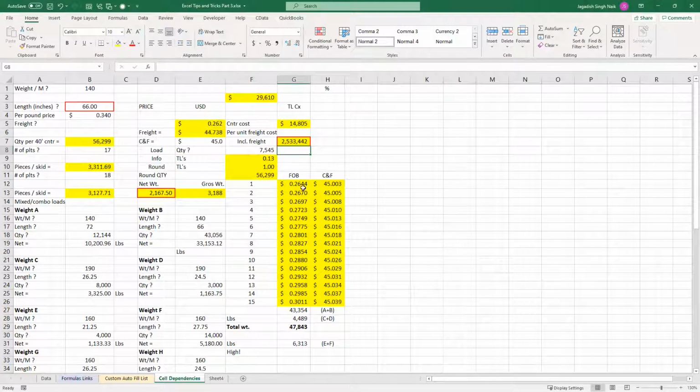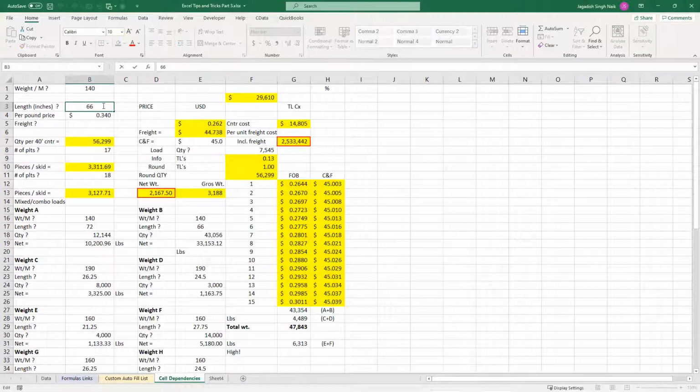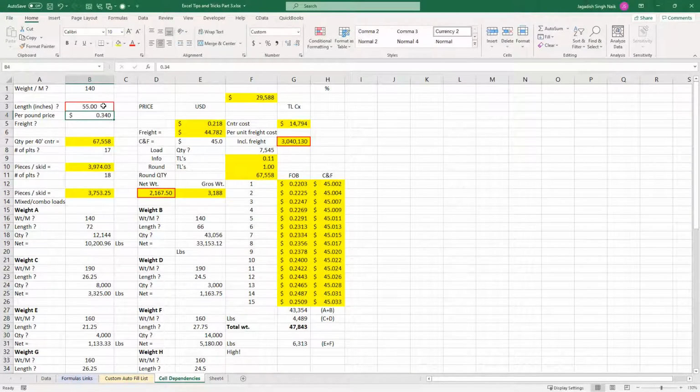So this is one way to look at all the dependencies. If I change this to some other value, I can expect that all these cells will change, but the rest will remain the same. So that is one thing. The other way to